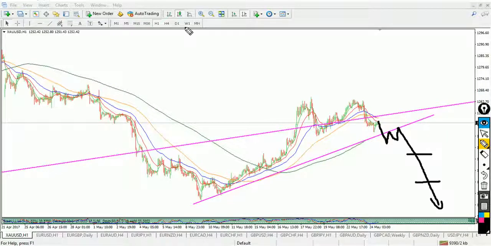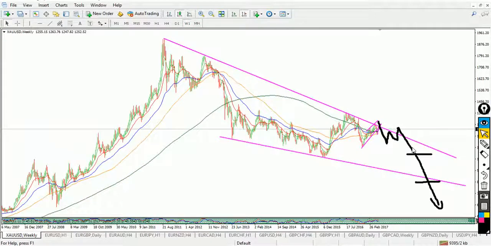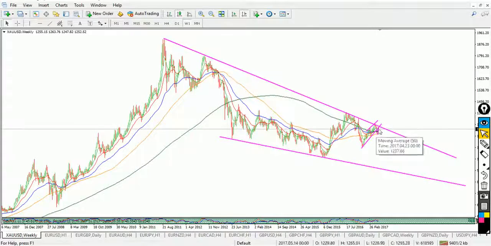And if we go and have a look back at the weekly time frame on this, on gold, we can see here exactly where the target is, where we're expecting it to go. It's a long way down. So what I want to do is I want to enter this trade over here as close as I can to the top, so on that 1 hour break. And then I want to move my stop loss further and further and further into profit as we move down